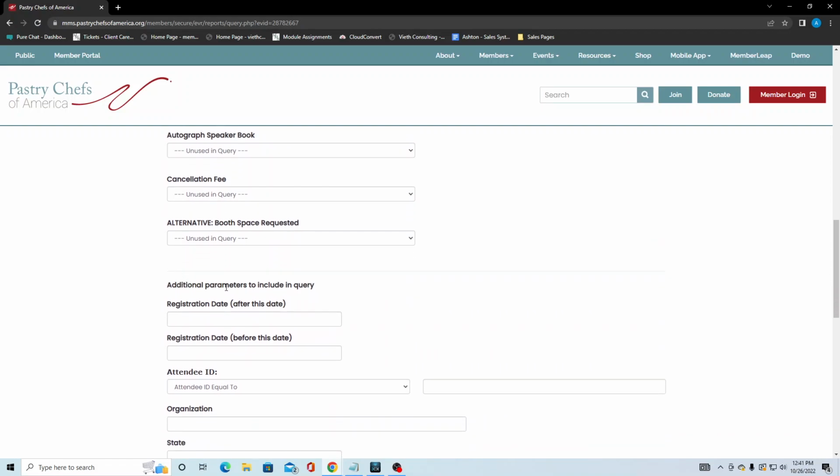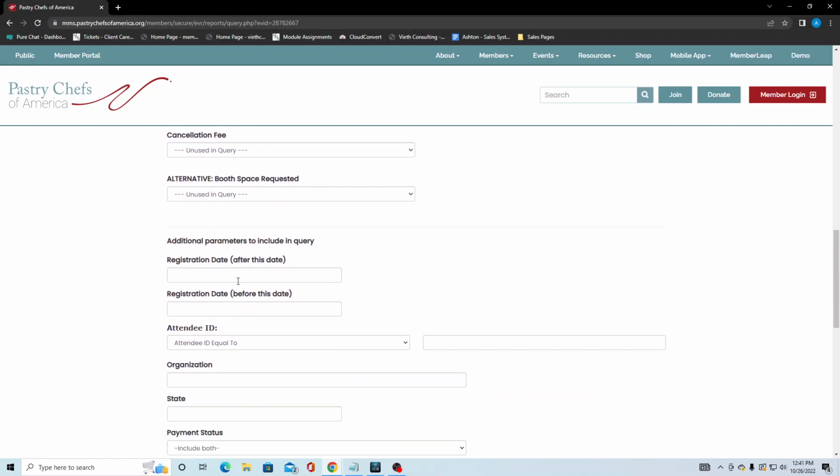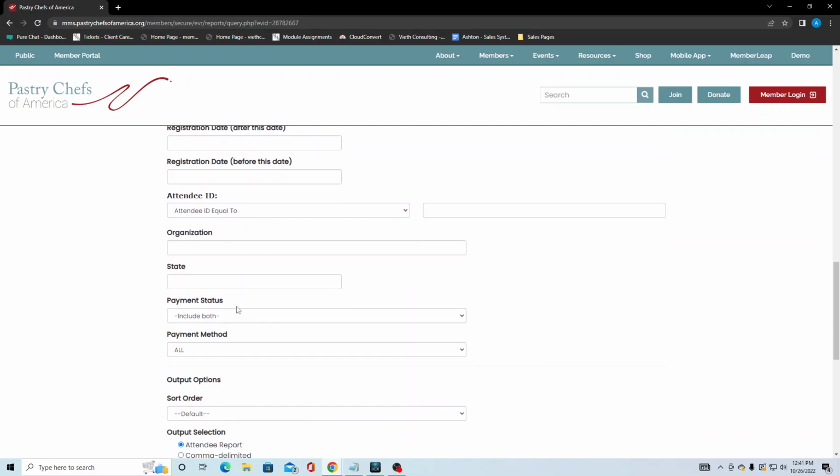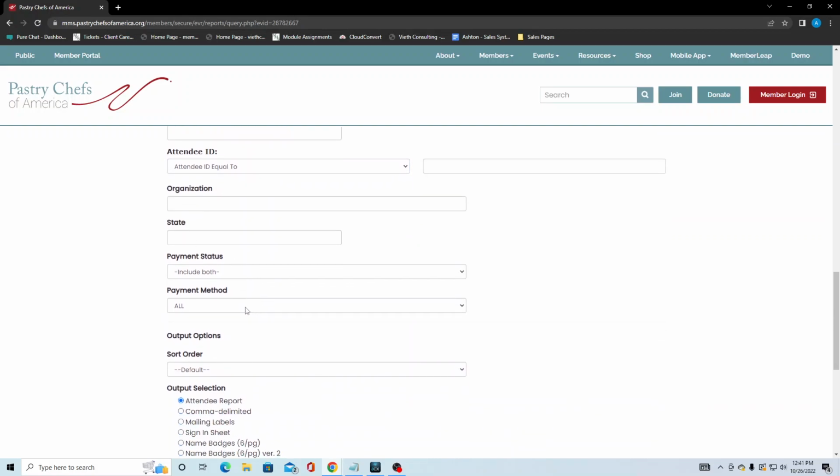Then you have additional parameters to include in the query. If you want to set it up so there's a registration date and you use this as a cutoff for a before and after date, you can do that here. If you want to set up attendee ID, organization, state, payment status, payment method,